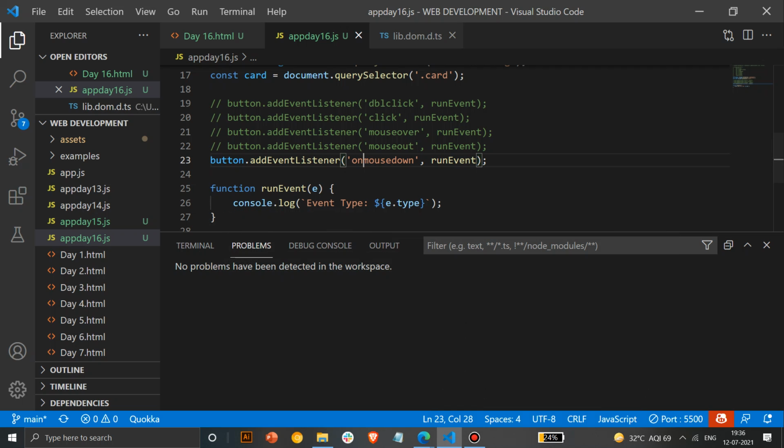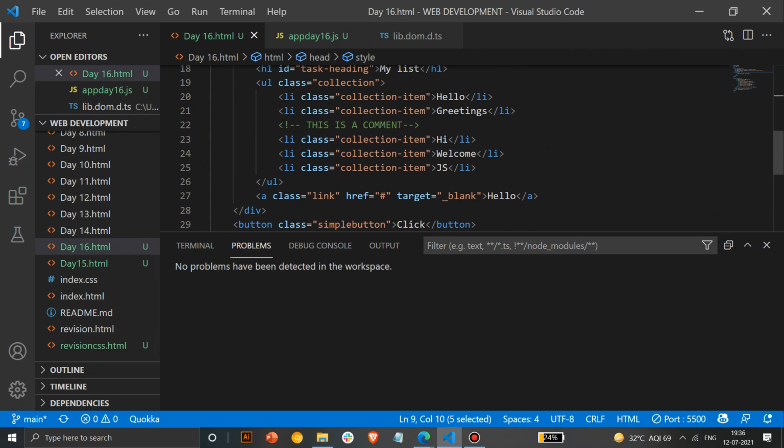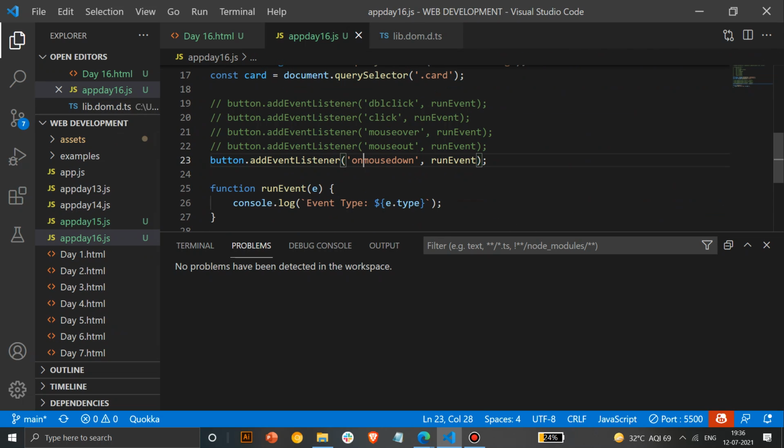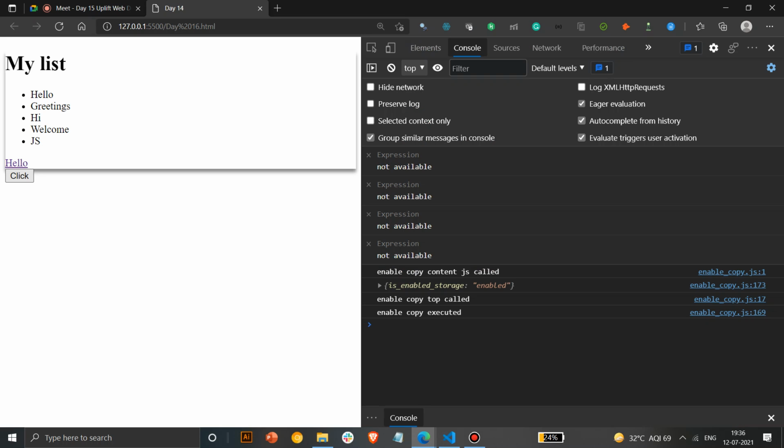It's there when you have to use it. Here it's on mouse down, but here you can use only mouse down. It should work with mouse down. What happens with mouse down is when you click on it, unless you leave your cursor, it will fire that event, and as soon as you leave the cursor, mouse up will show. So I don't know what's the incorrect syntax there, but that's how those occur.